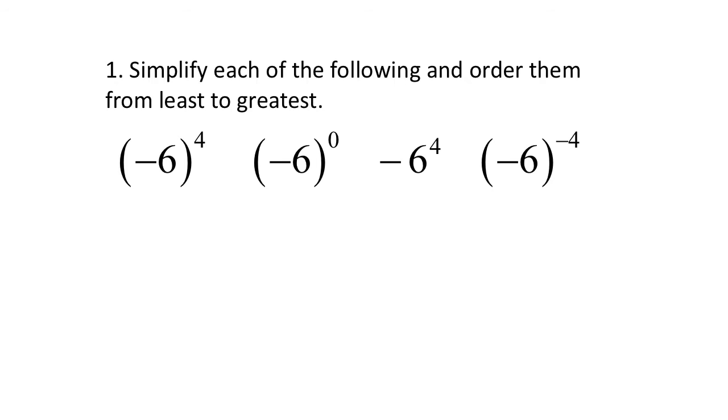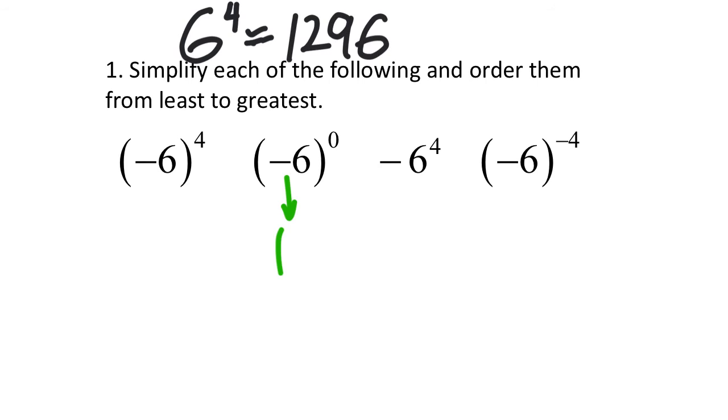Simplify these in order from least to greatest. It's not too bad. So right here, I see something to the power of 0 is just 1. I'm showing their actual values, then we'll put them in their original values in the end here, okay? Now, I'm too lazy to do 6 to the power of 4, so I'm going to use the calculator. 6 to the power of 4. Just up here at the top, I'll make a note that 6 to the power of 4 is